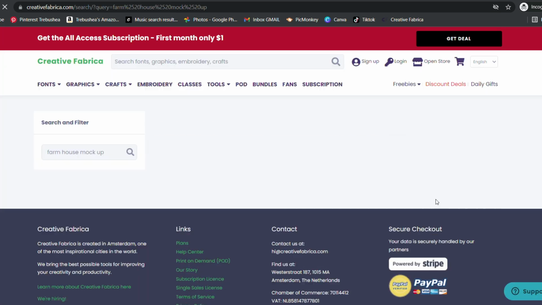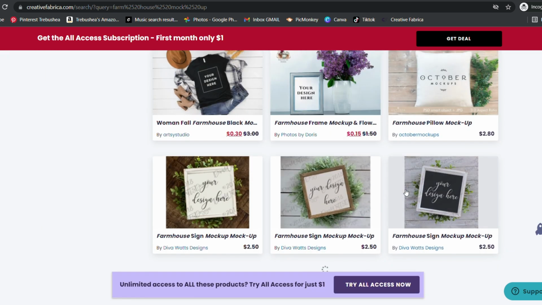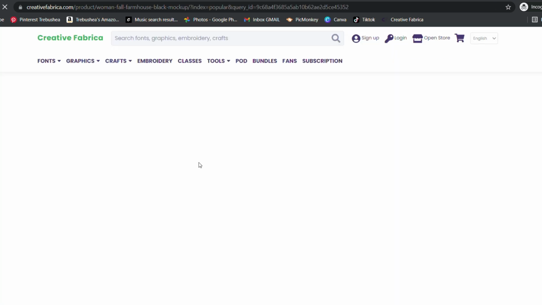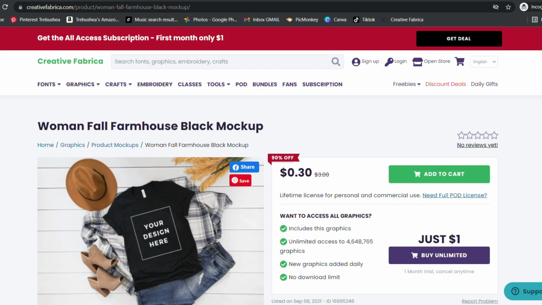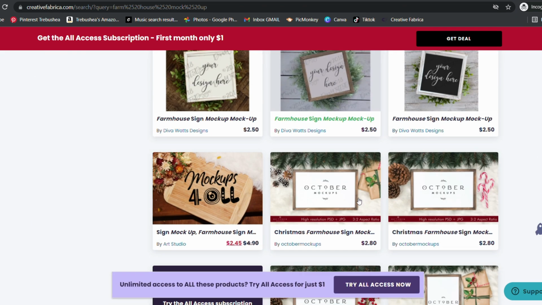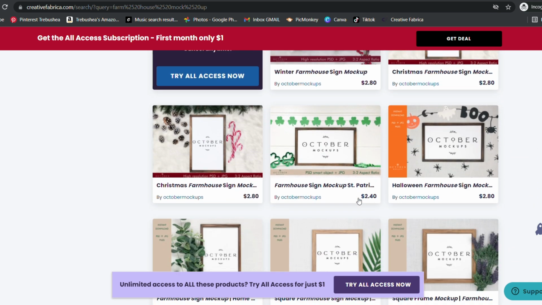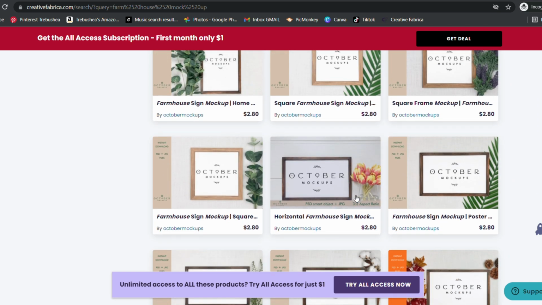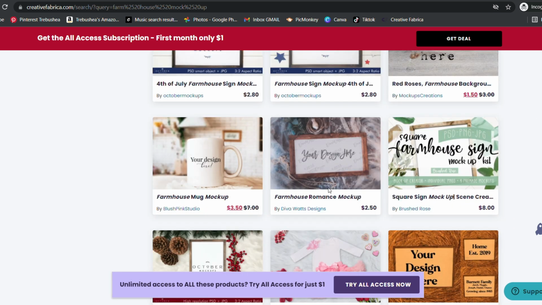So let's say I'm taking a picture of this shirt. I'm going to lay it down, make it look all cute, maybe add some shoes or some flowers, something. And you take a picture of the blank shirt. Now, when you go online, you can just take your SVG or PNG and digitally lay it over top. So instead of having to make the physical shirt or mug or whatever every time you try to sell a product, wasting material, wasting your time and products, not knowing if it's going to sell,